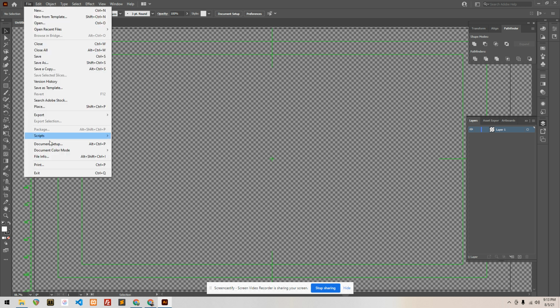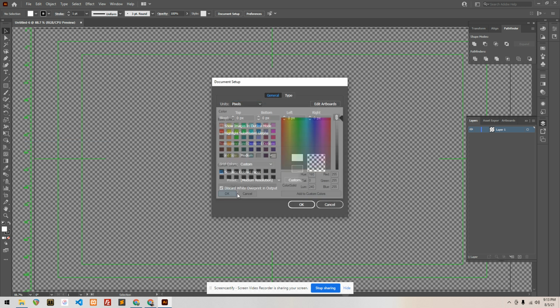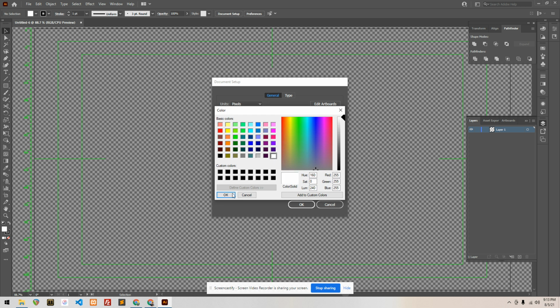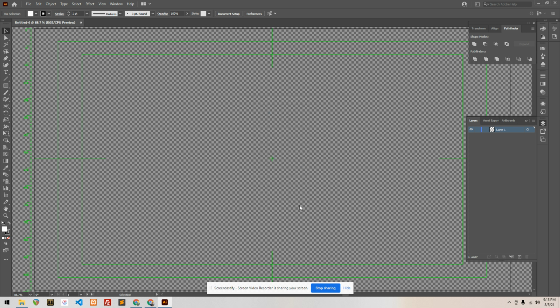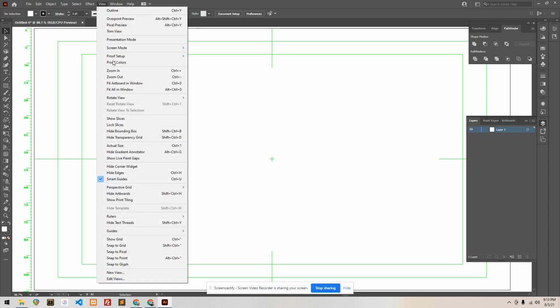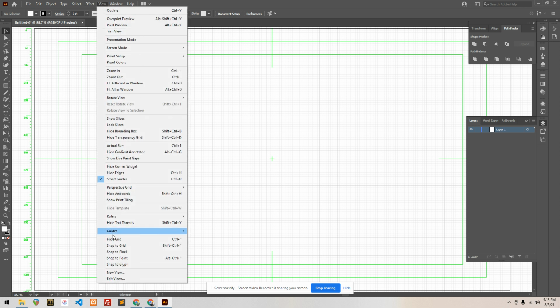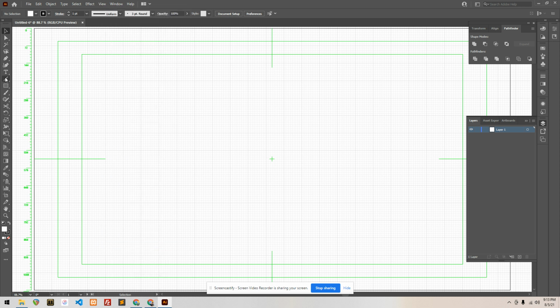I'll go up to File, Document Setup. I'll change it to white, just a nice uniform color there. And then as far as guides and stuff, you can set up, show the grid, which is probably pretty handy. And then if you do snap to grid, that's probably also pretty handy, because what I like about that is